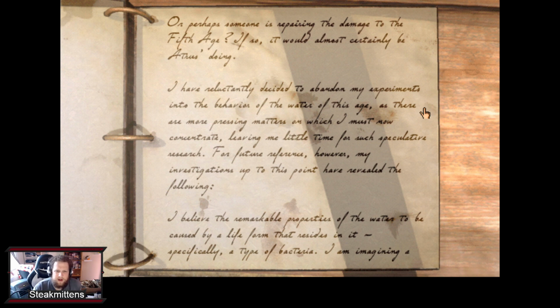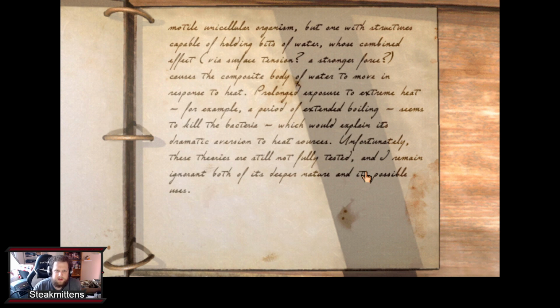I reluctantly decided to abandon my experiments into the behavior of the water of this age, as there are more pressing matters on which I must now concentrate, leaving me little time for such speculative research. For future reference, however, my investigations to this point have revealed the following. I believe the remarkable properties of the water to be caused by a life form that resides in it, specifically a type of bacteria. I'm imagining a...